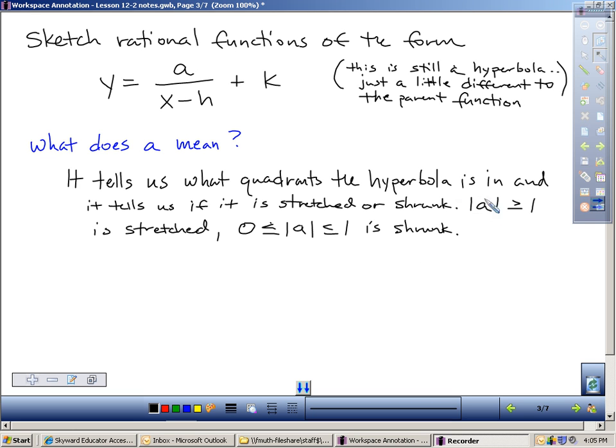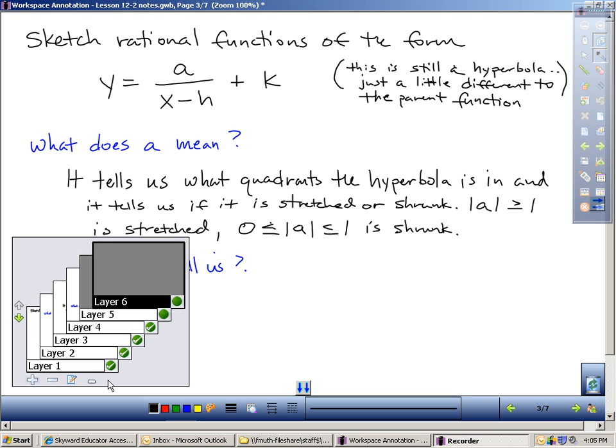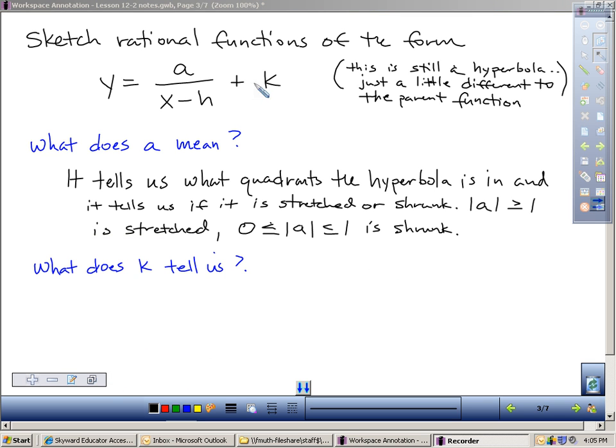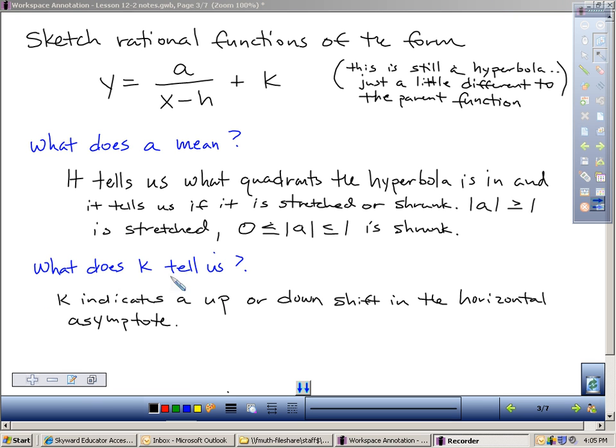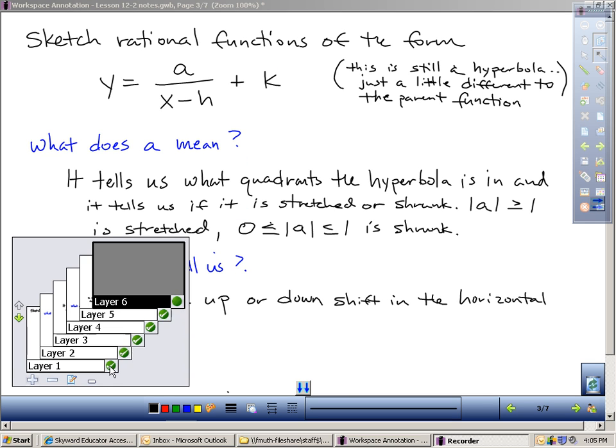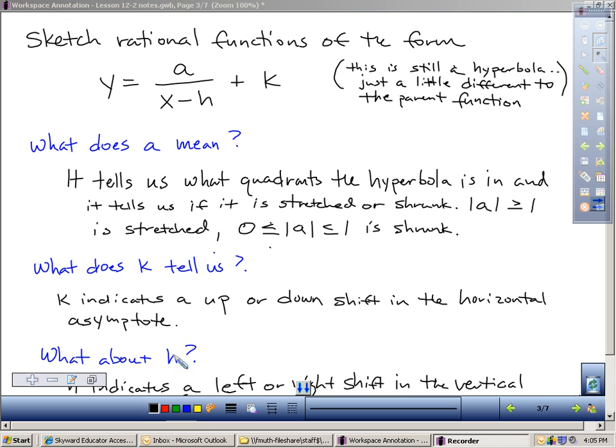If the absolute value of A is a number greater than 1, that stretches the hyperbola. If it's between 0 and 1, it's shrunk. Okay? And then the next thing, the K and H, we've already talked about that. The K indicates an up or down shift in the horizontal asymptote. Whatever K is, that's your horizontal asymptote. In fact, we'll talk about that more in a minute, and I'll show you that in action on my next